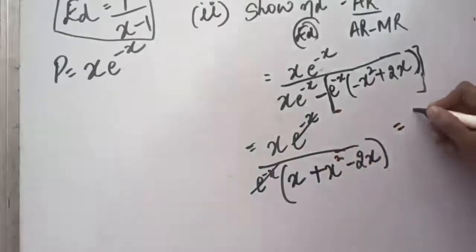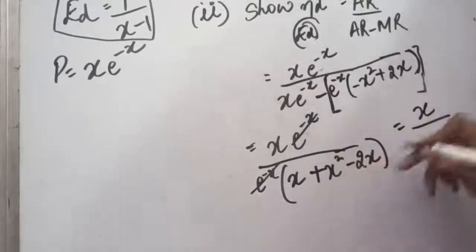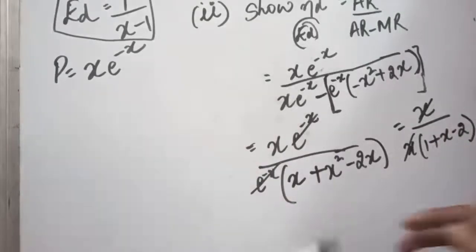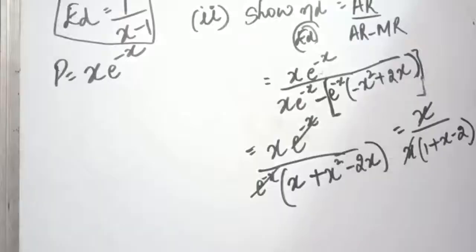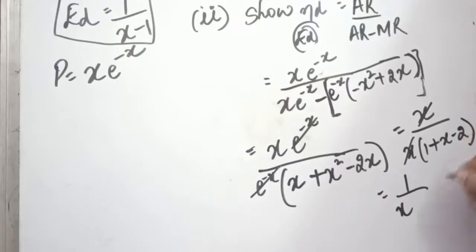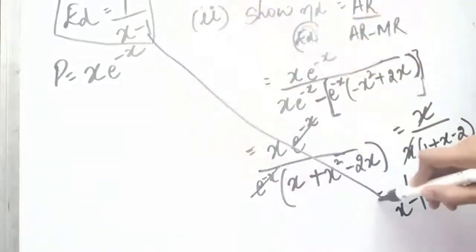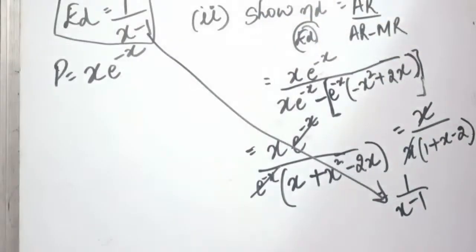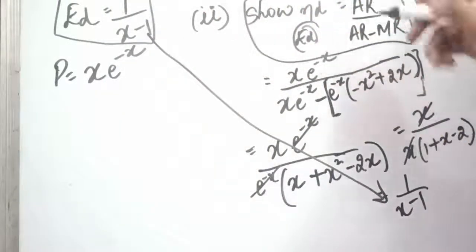Again, if you look at the result, x is above, below, again we can take x common. If we take x common, it will be 1 plus x minus 2. So now here again we can just delete this x. So what we are left with, it will be 1 divided by x. When you deduct this minus 2 plus 1, it is 1 upon x minus 1. Now you look at this answer. This is exactly the same as what we got from elasticity of demand. So this is the same answer that we got. So now this has been proved that elasticity of demand is equal to this.